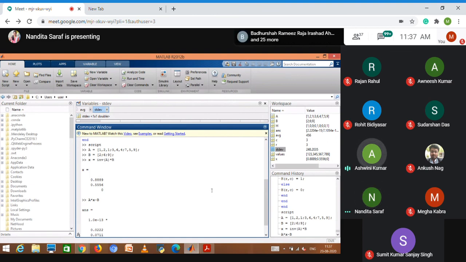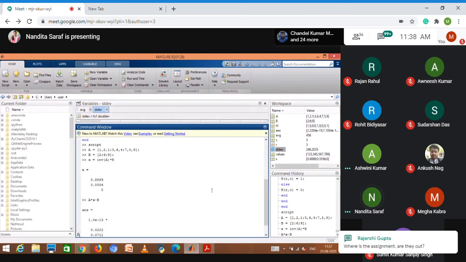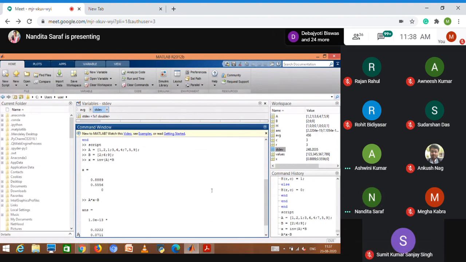Ma'am, for the remainder command, we have to use percent, n %2 is equal to 0. Yes, or remainder command. Yes, ma'am, as we do in C++ and all.